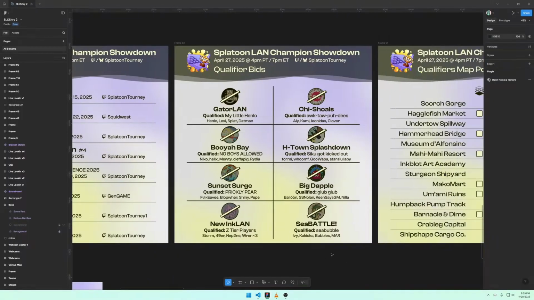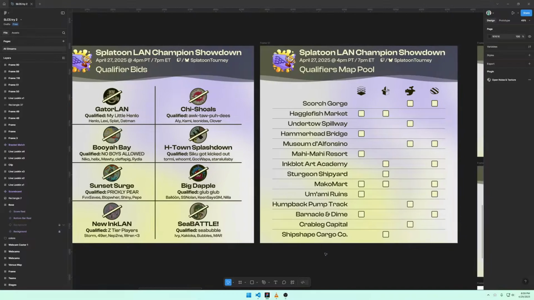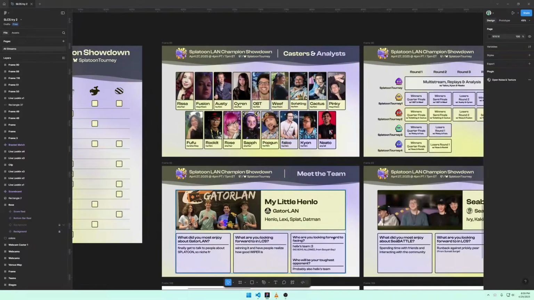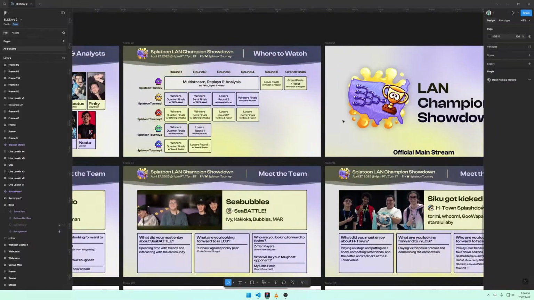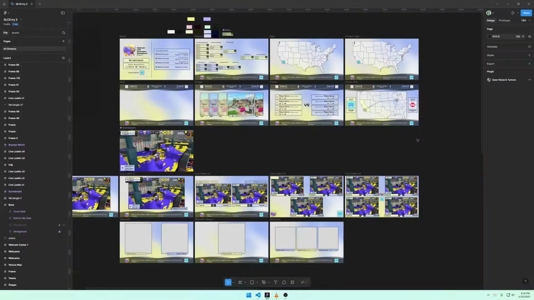All of the social media posts you saw leading up to the event itself were made on Figma. So if you're trying to make really quick, rapid social media posts, Figma is a very good tool to quickly make graphics once you've mastered it. Keep in mind, Figma is a paid tool, but it does have a free tier. If you are a university student, you can get the paid version for free, but the free tier should be